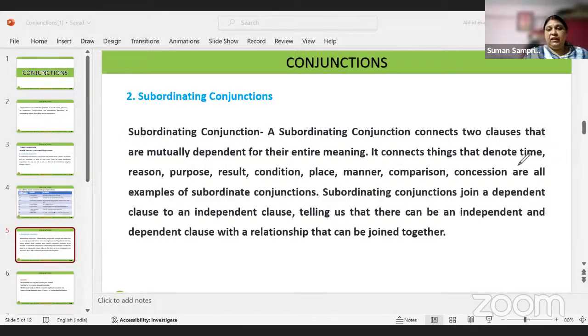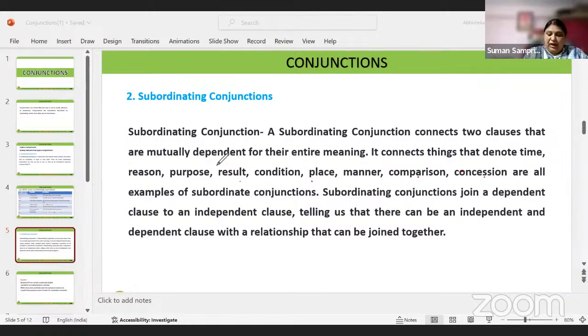So it connects things that denote time, reason, purpose, result, condition, place, manner, comparison, concession. These are all examples of subordinating conjunctions. So subordinating conjunctions join a dependent clause to an independent clause, with a relationship that can be joined together. Now,